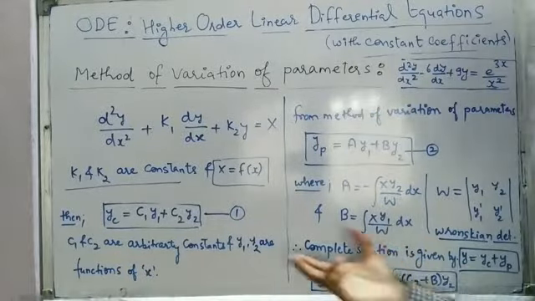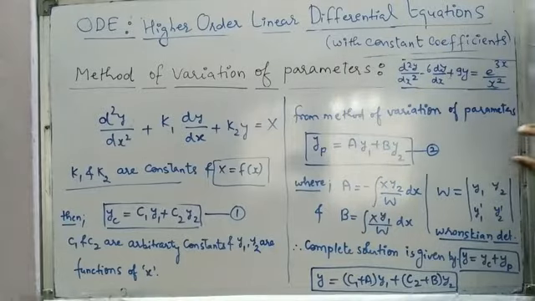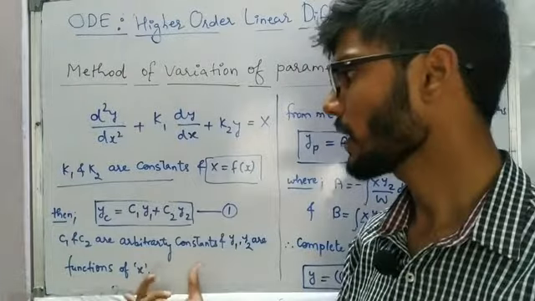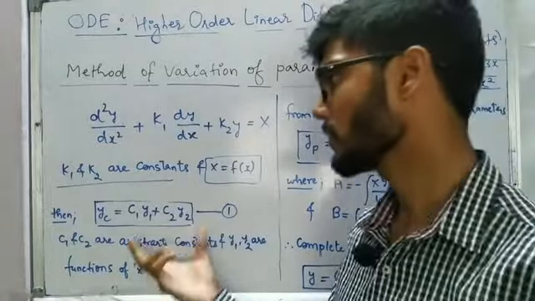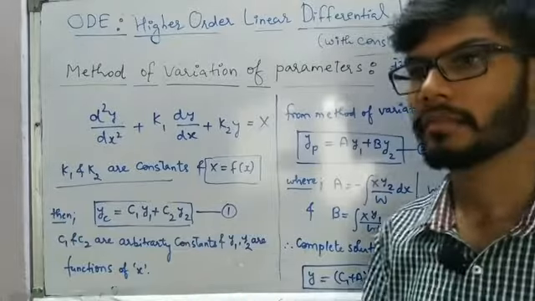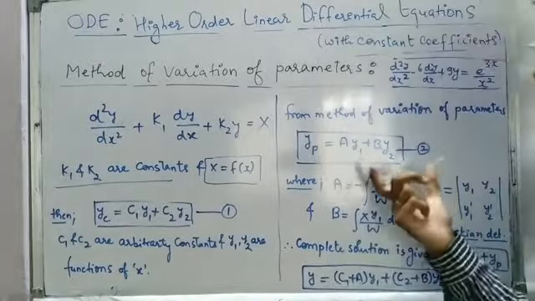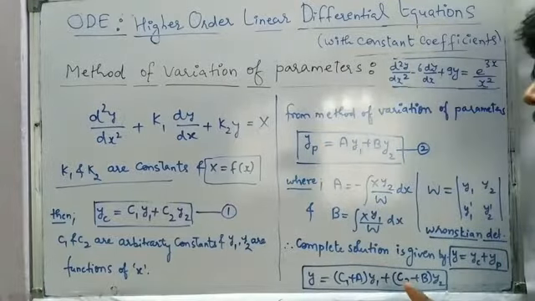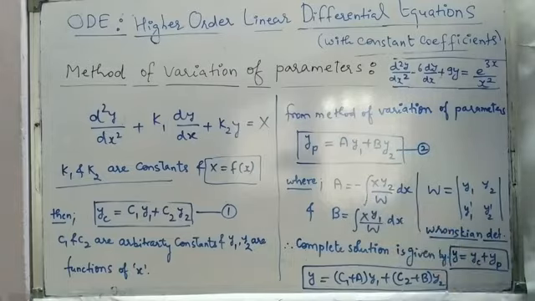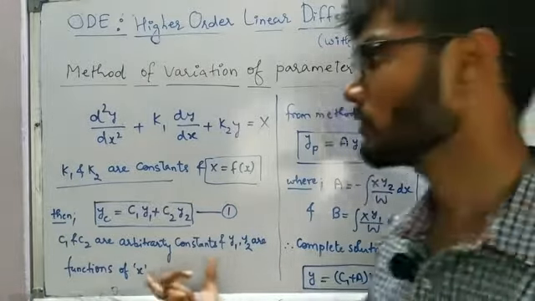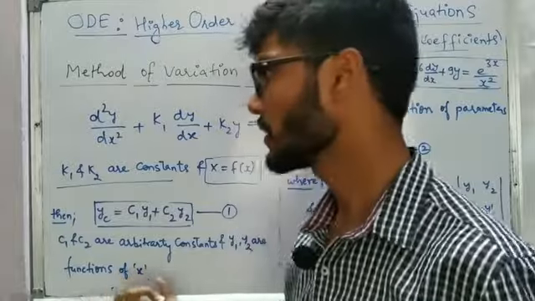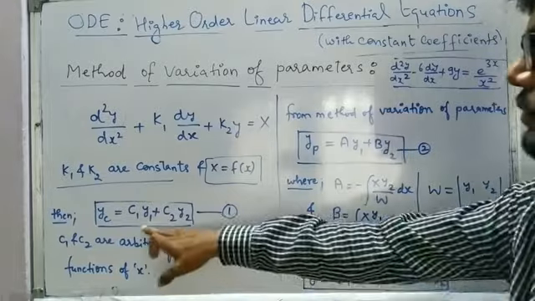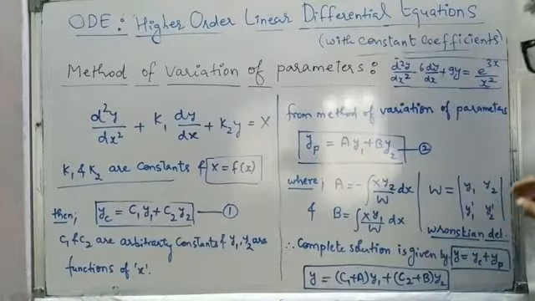And moving further, we have the general solution, and now we have to apply the method of variation of parameters, because in the previous 5 cases we don't have to do anything with the complementary function, because if we wish to write the particular integral directly, we have 5 different formulas. But if capital X is the function of x, and it is not any of those 5 cases, we have to make use of method of variation of parameters, and in that case we have to make use of the general solution of homogeneous linear differential equation, which we call the complementary function. So those y1 and y2 we have to make use of in the method of variation of parameters.